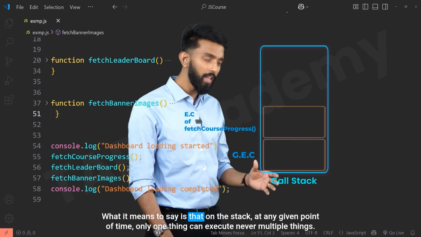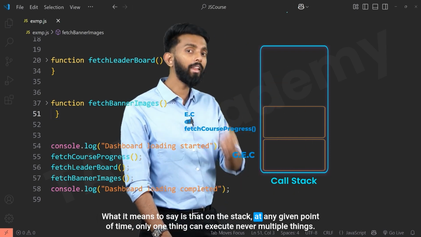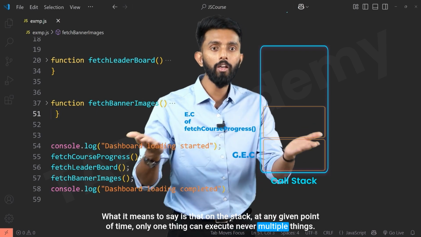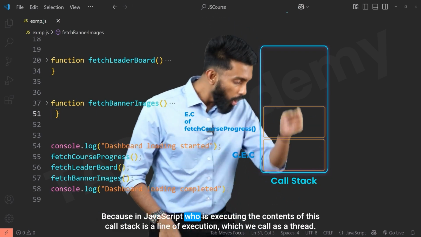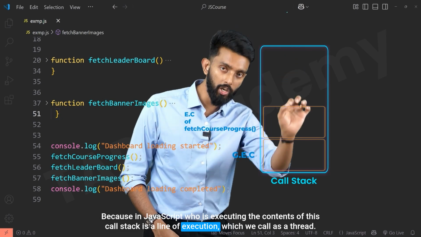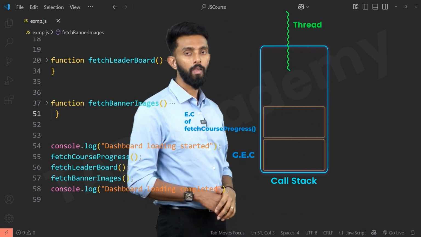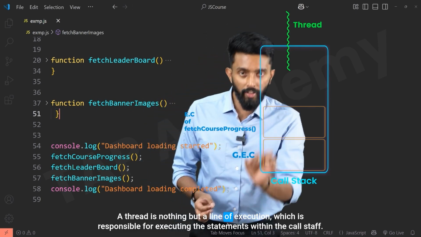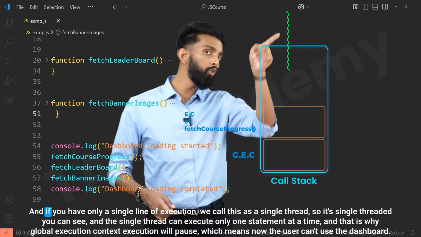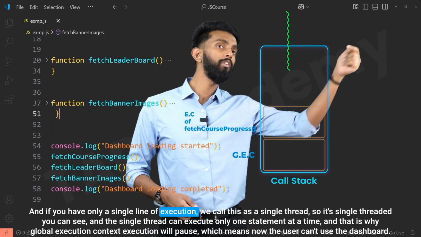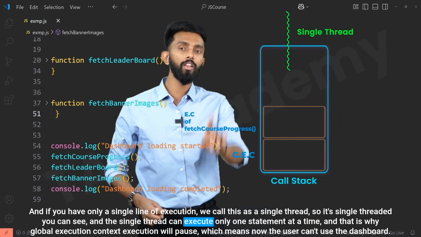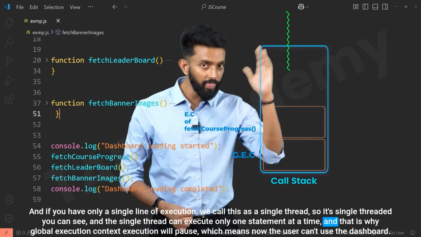What it means to say is that on the stack, at any given point of time, only one thing can execute, never multiple things. Because in JavaScript, who is executing the contents of this call stack is a line of execution, which we call a thread. A thread is nothing but a line of execution which is responsible for executing the statements within the call stack. And if you have only a single line of execution, we call this a single thread. So it's single threaded, you can see. And the single thread can execute only one statement at a time. And that is why